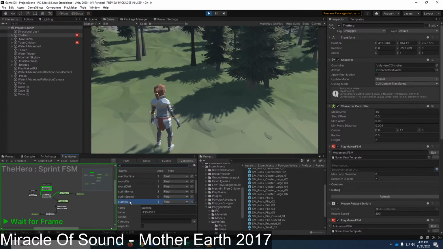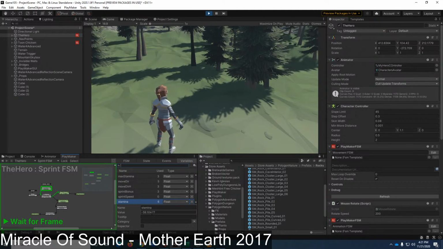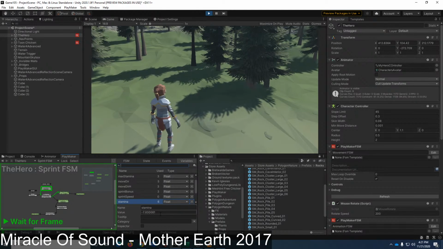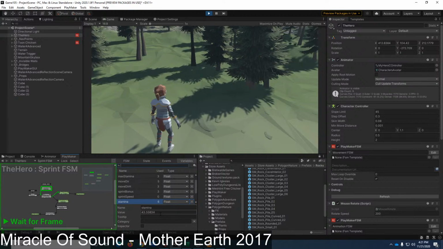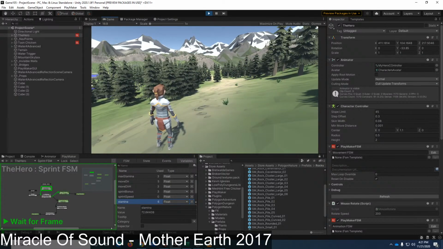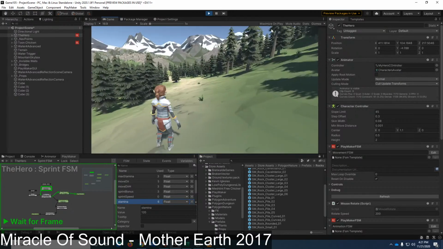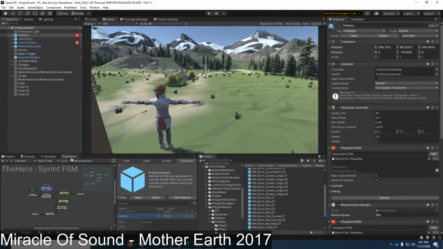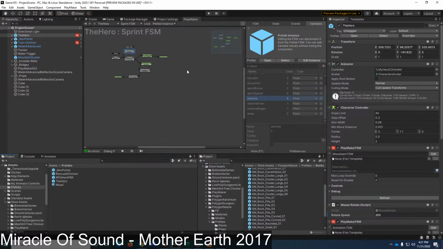Alright, now it's okay, so I screwed up my if logic there because my stamina went below 0. At least the regeneration looks like it's working a-okay. So if I start moving, it should stop. It does. Okay. Excellent. It should stop when it hits 120. It does. Okay, so let's see what I misclicked on.